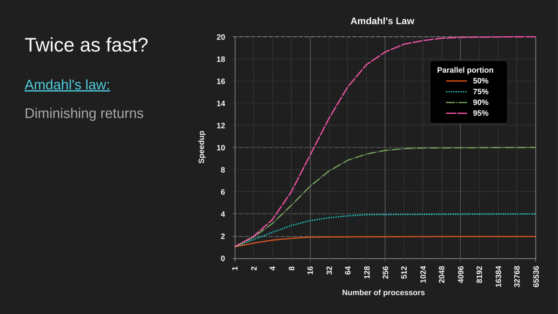And most programs are not 95% parallelizable. Most programs are probably, well, even 50% would be a pretty great number. But if we look at the bottom left, we will see that if we have two processors or two threads, we can expect about a 2 times speedup, right? And if we have 4 computations which we would run in parallel, we wouldn't get a 4 times speedup. We'd get a little bit less, about 3.8. And that's how it scales. So those are the limits of multithreading, and this is a mathematical thing. You can't really escape it.